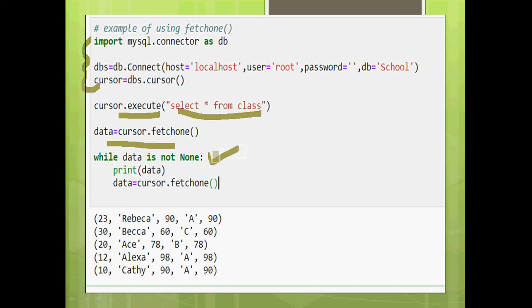And while data is not none, we are just making sure that there is a row to return. If nothing is there in data, you cannot print anything. So we are just making sure that data has some row to display. That is this function, the loop. While data is not none. None is nothing. Empty, it is void. So we are just making sure it is not void and printing the line. The first line is printed, first record is printed.